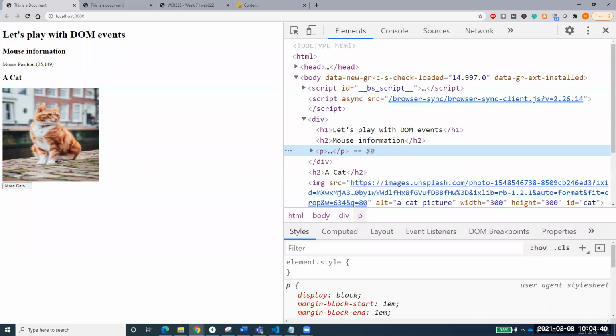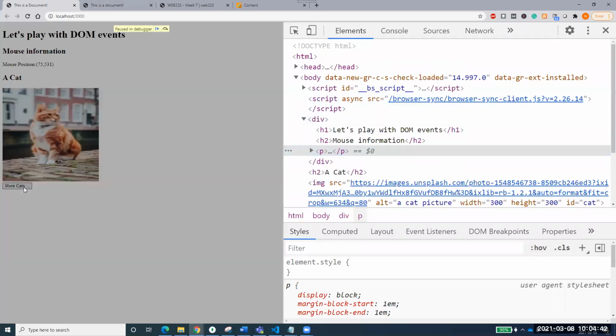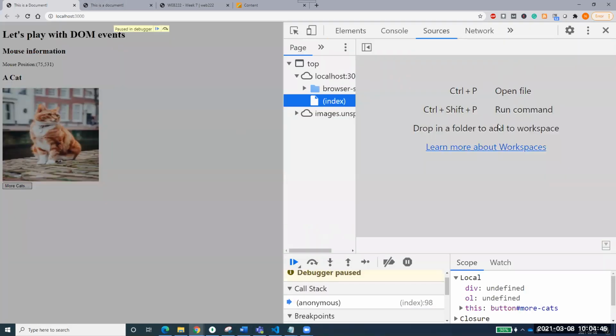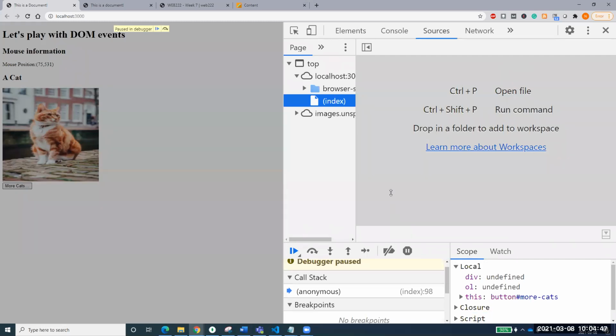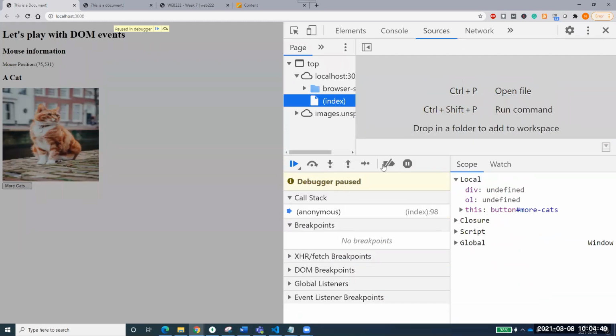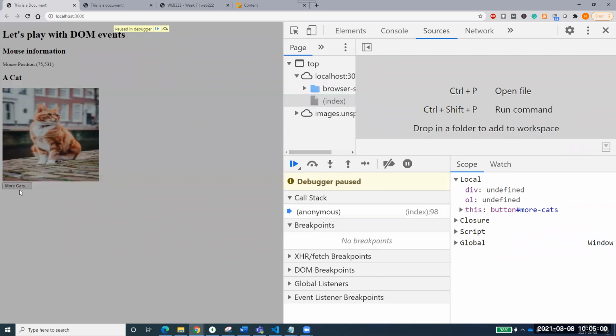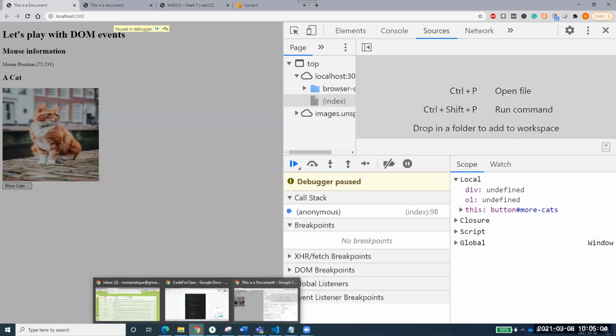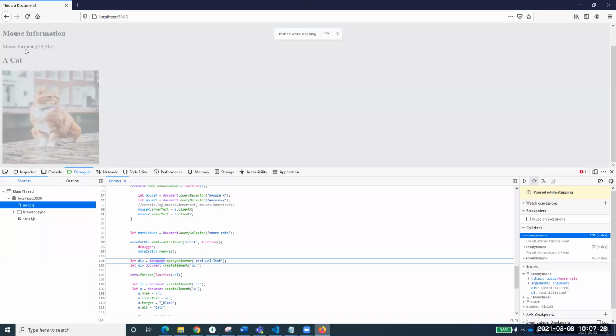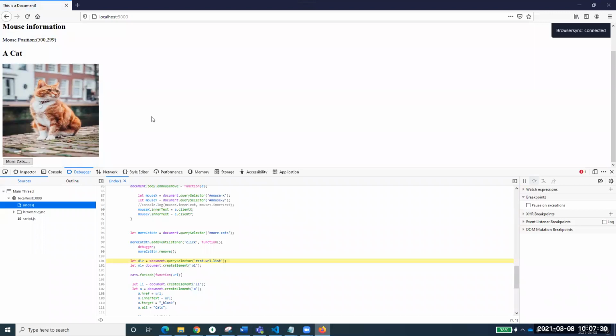So when I click on it, you see here that it has started the debugger at the bottom, right? The debugger has stopped at some point, even though we don't have any breakpoints right now. It has stopped on that click where I just clicked. Okay, just quickly, let me start it once more.